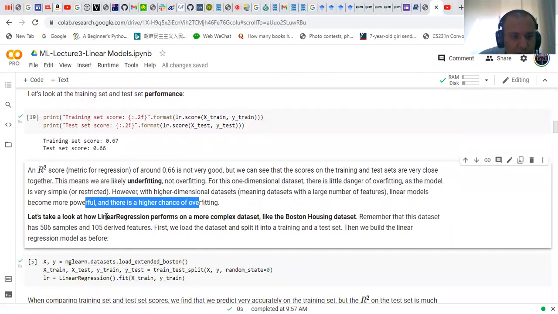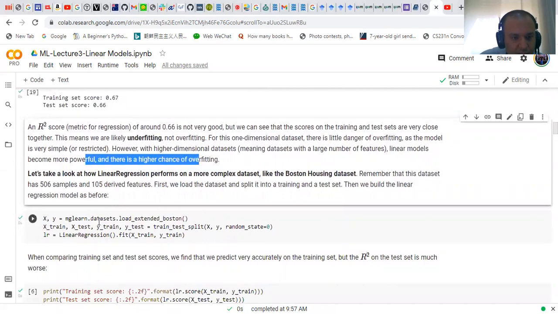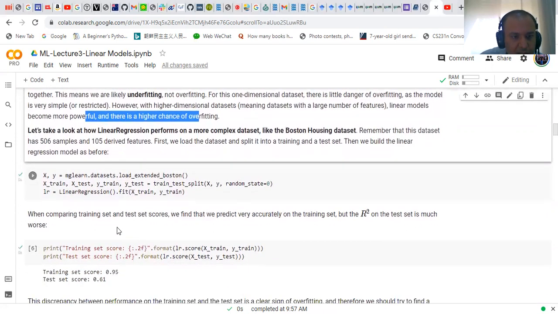Let's take a look at how linear regression performs on a more complex dataset like the Boston housing dataset. Remember that this dataset has 506 samples, and each sample has 105 derived features. First, we load the dataset and split it into training and test set. Then we build the linear regression model as follows: we download the dataset from the mglearn library, split it into training and test, and use linear regression to fit the training dataset. So I run this code,